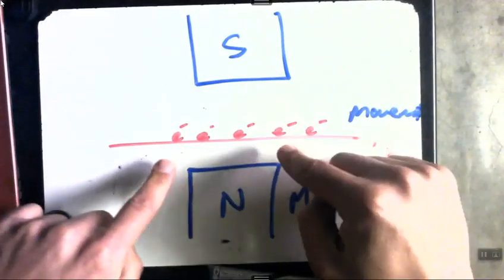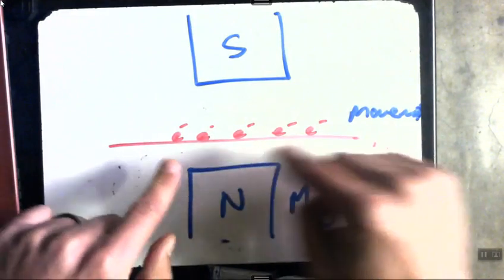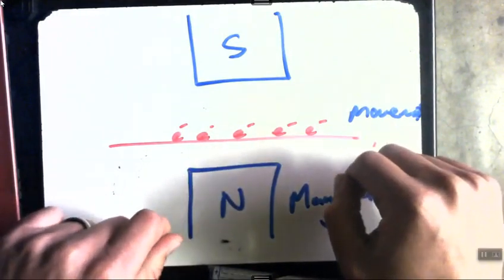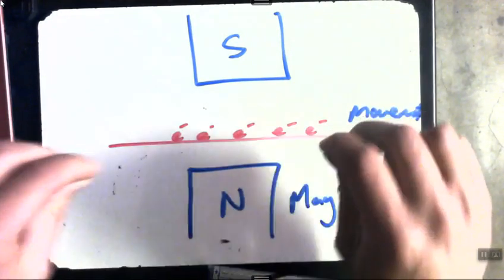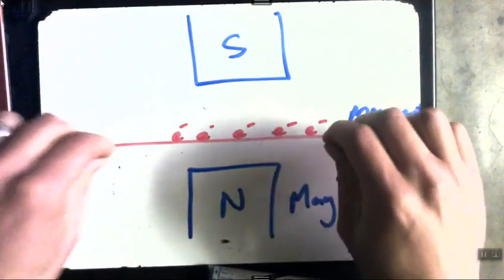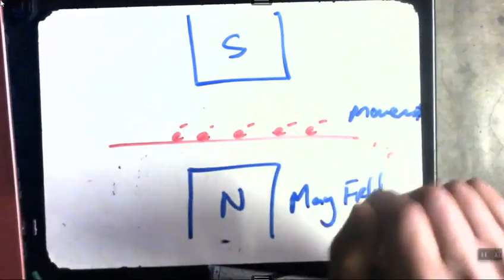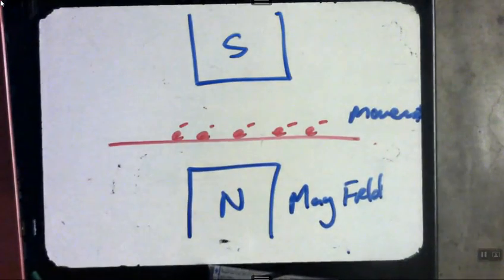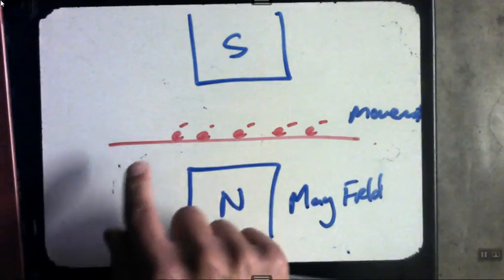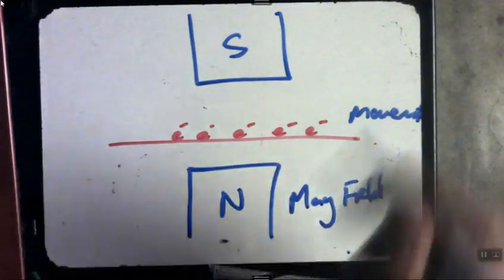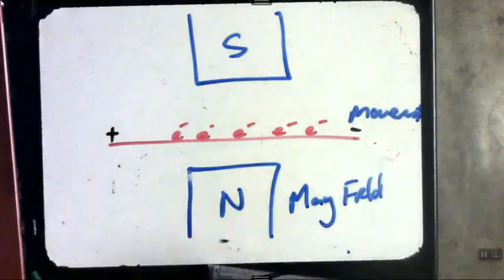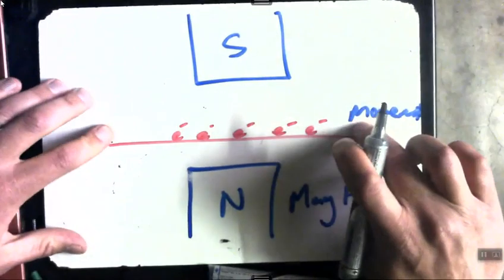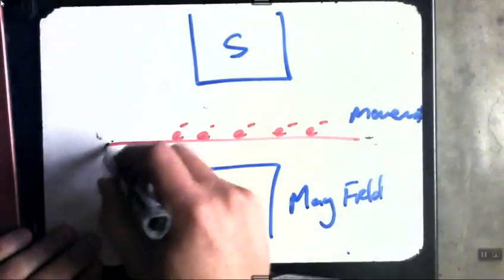So since a moving current creates a magnetic field, if we move a wire inside a magnetic field, that will produce a potential difference. So the electrons will start flowing. If it's just a simple wire, we'd find all the electrons flowing to the one side, causing a positive and a negative side. If we connect that wire to a circuit,